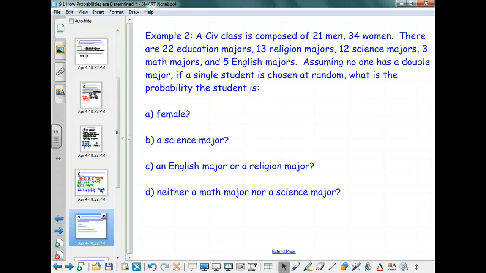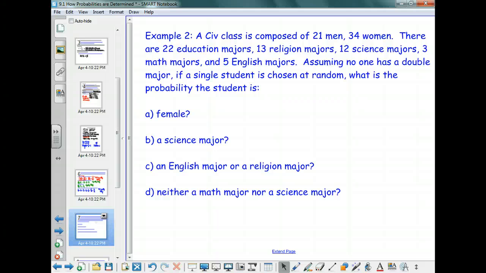Is composed of 21 men, 34 women. There are 22 ed majors, 13 religion majors, 12 science majors, 3 math majors, and 5 English majors. Assuming no one has a double major, which we need to do, otherwise the numbers are not going to work here. Okay, so it's an important thing to think about because you all know people who have double majors. So, assuming no double majors, if a single student is chosen at random, what is the probability the student is